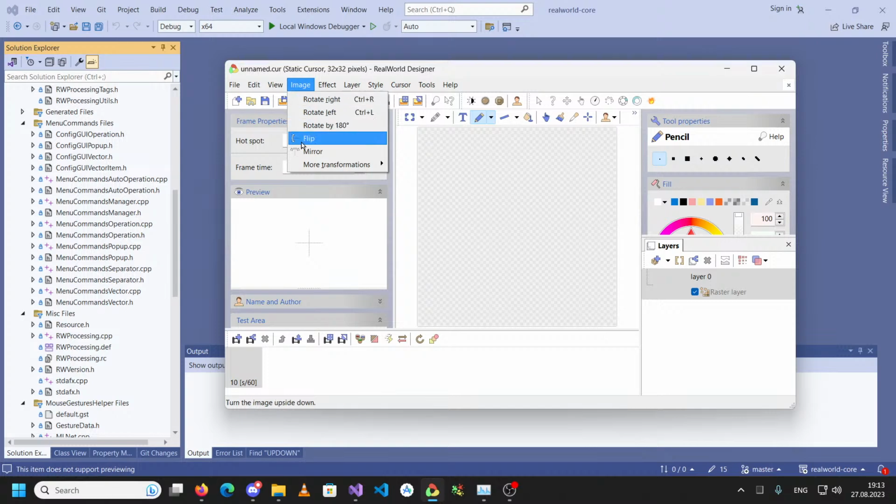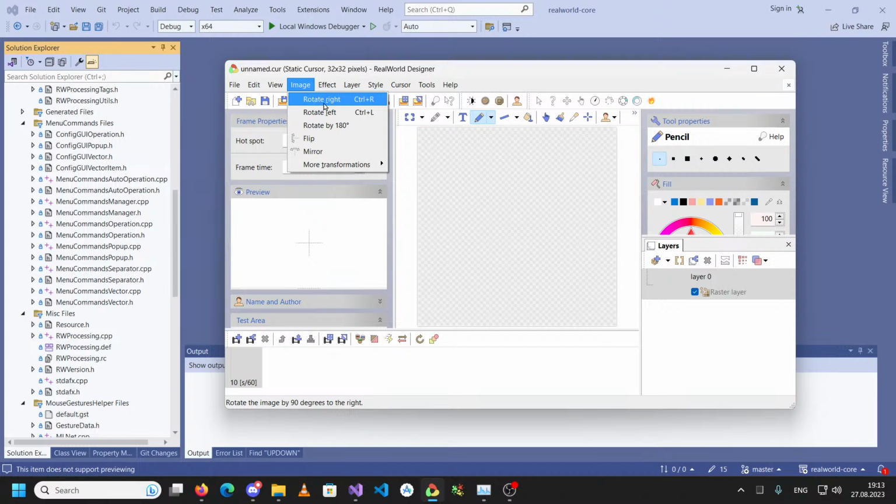Okay, it doesn't really matter, but if you want to understand how a real world designer works, then the menu contains menu commands,